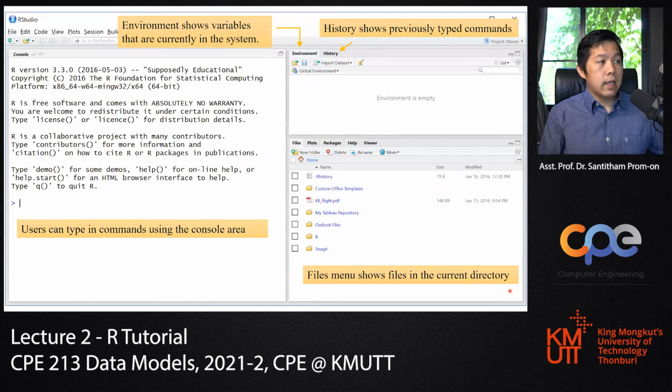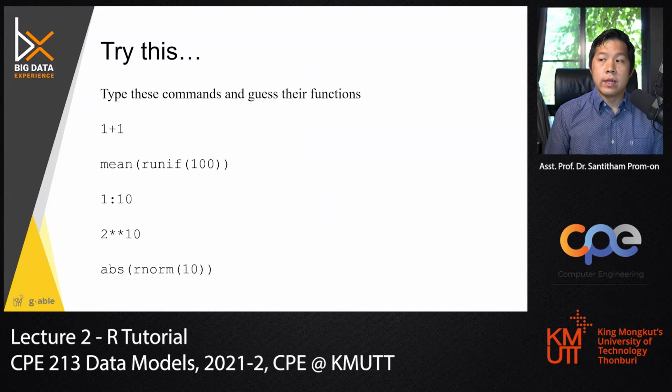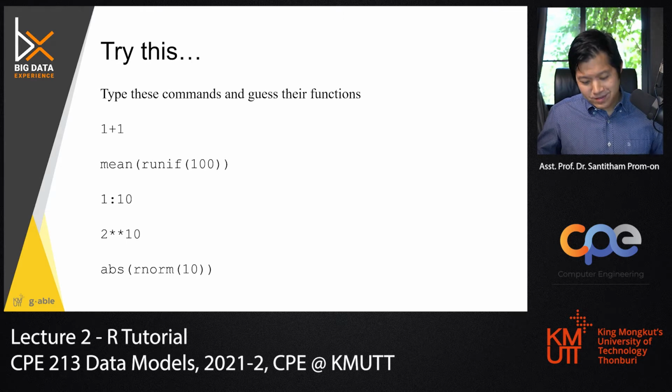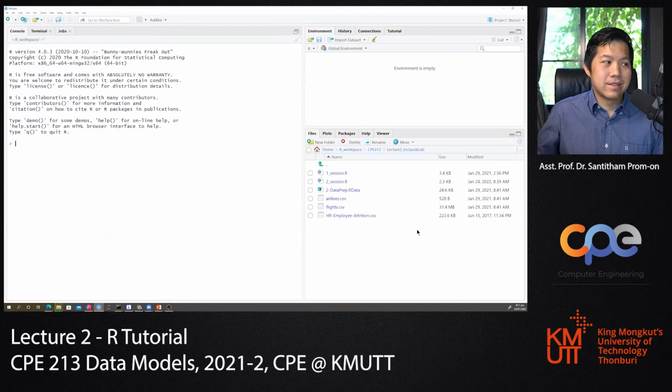Right, so try typing this command into the console and tell me what the functions of each of these commands are. Okay, try that. 1 + 1, obviously, right? Obviously, it is string concatenation. No, different language. Obviously, this is 1 plus 1,